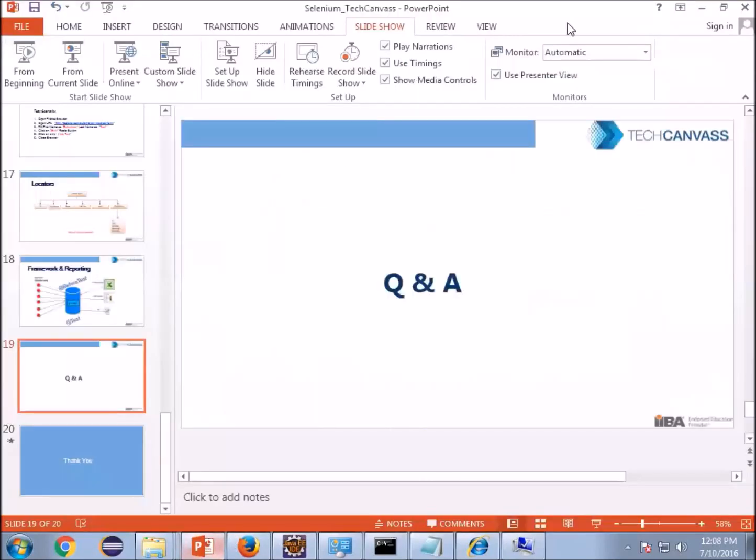Anything else, guys? Yeah, Seema, that will be covered during the course, like how to set up the complete enterprise-level TestNG framework. That is not something you will start writing right away. It will require some time.